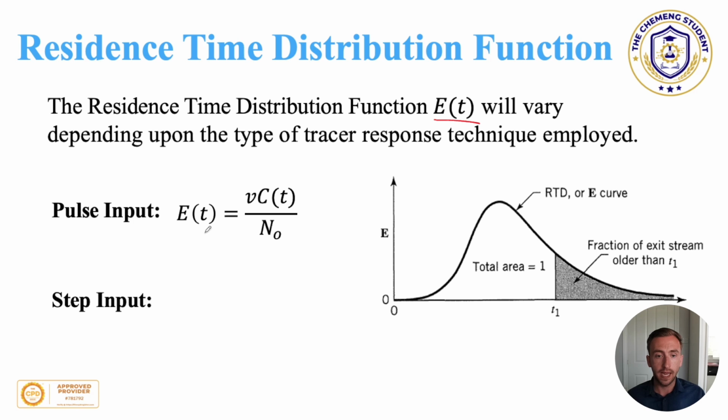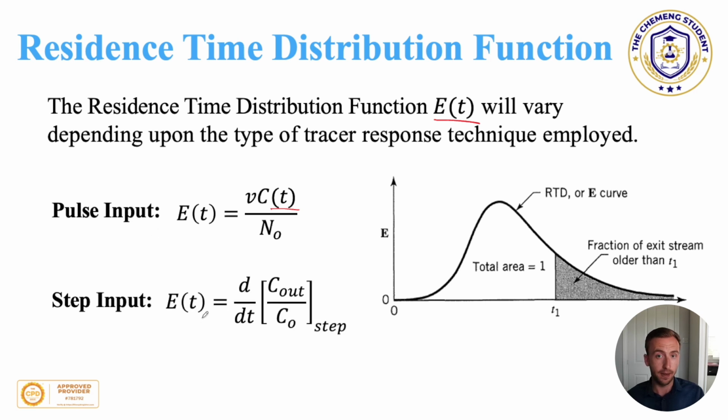So our pulse input, our E of t curve, is the volumetric flow rate, so V, multiplied by the change in the concentration of the tracer with respect to time, divided by N naught. So that is the initial concentration of the tracer, the initial amount of the tracer. That will then allow us to determine and analyse the E of t curve for a pulse input,